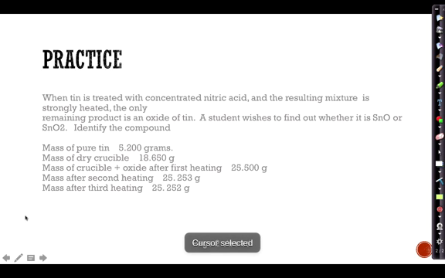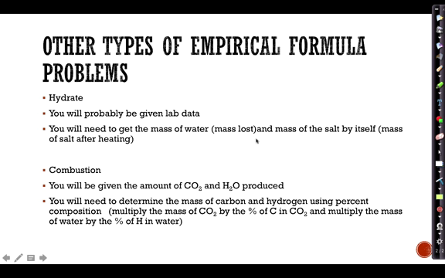All right, so how else might you see an empirical formula? Well, it could be a hydrate problem. And a hydrate is some ionic compound surrounded by so many water molecules. So instead of looking for the mass of each element, you're going to get the mass of water, and you're going to get the mass of the ionic compound by itself. You're probably going to be given lab data. So you need to get the mass of the water by itself, and usually that's going to be the mass